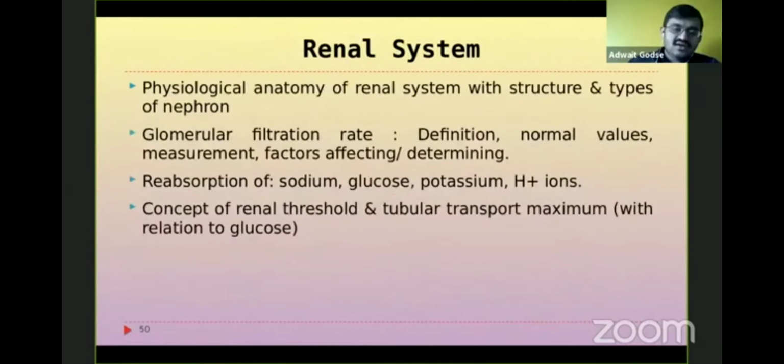Next, renal system. Let's quickly proceed with that. Physiological anatomy of kidney and microstructure of nephrons. There are two types of nephrons we all know. One is cortical, the other one is juxtamedullary nephron. Please do not confuse them with juxtaglomerular apparatus. Juxtamedullary are going deep into medulla. That's why they have got longer loops, whereas corticals have got shorter loops.